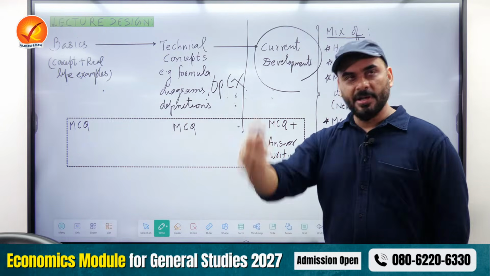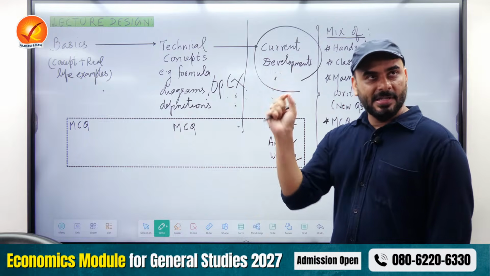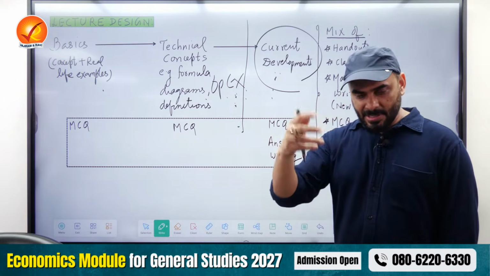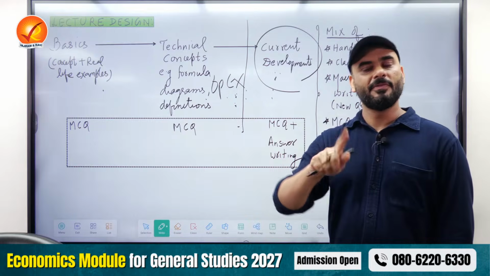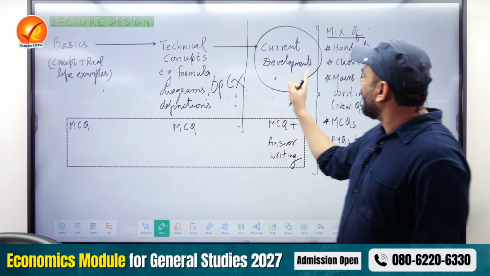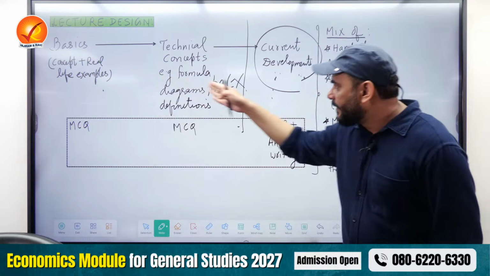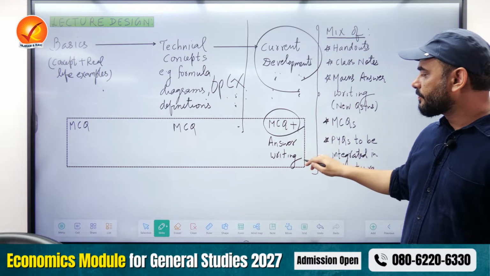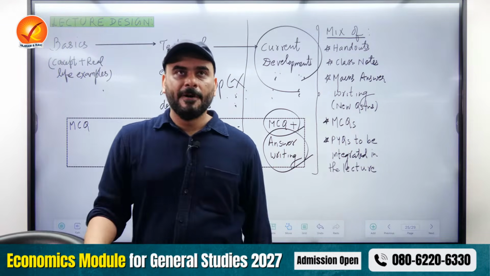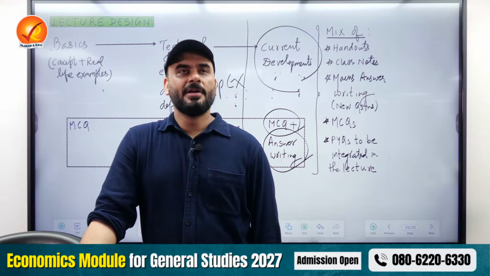Anything which has happened in India or across the world which is relevant to us is included. For example, when we were discussing AI, anything relevant and new which has happened, we incorporate that. Unless you do this, your preparation is not complete. And once we do all these three things in our lecture, we immediately do MCQs followed by answer writing. So every fortnight, every 15 days, this year, last year also same model,